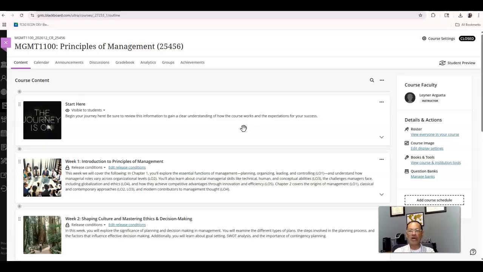The week starts at Sunday at midnight, essentially, which will be Sunday into Monday. So Monday at 12 a.m. the folder will open. You'll have access to all the work until the following Sunday, that Sunday coming up till 11:59 p.m. So basically you have 7 days to work on your assignments.